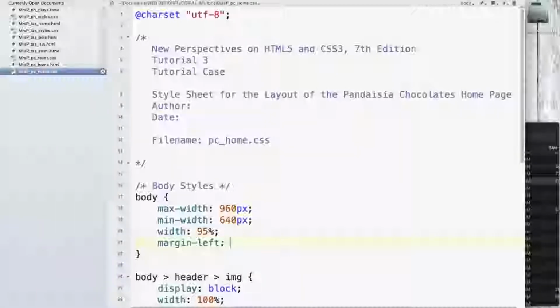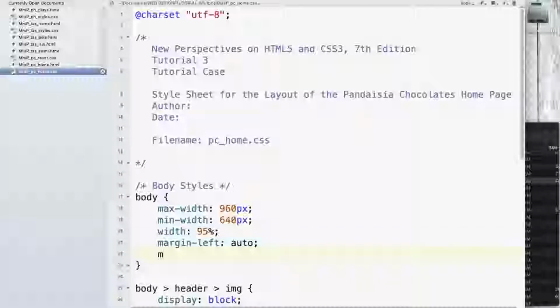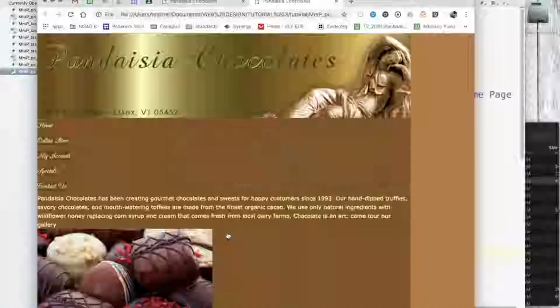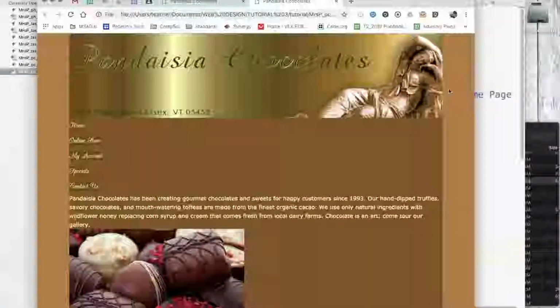So we're going to say margin left, auto, and margin right is auto. So by using that, it's going to keep those the same as our screen changes. So by using auto, it's going to keep it even on both right and left, and it's going to adjust that